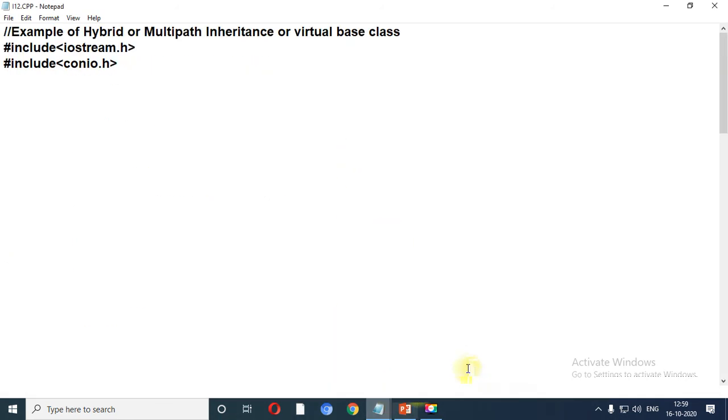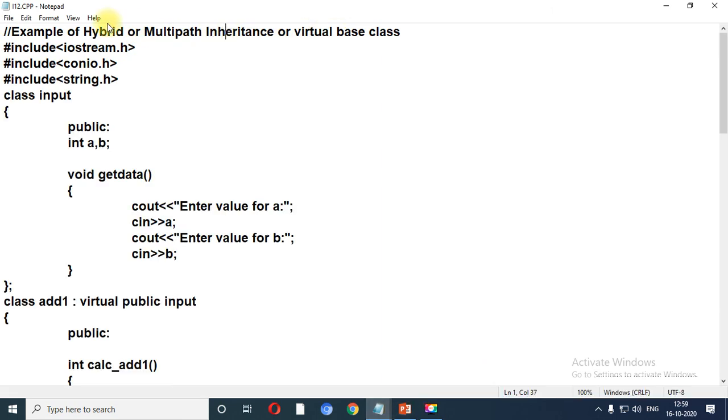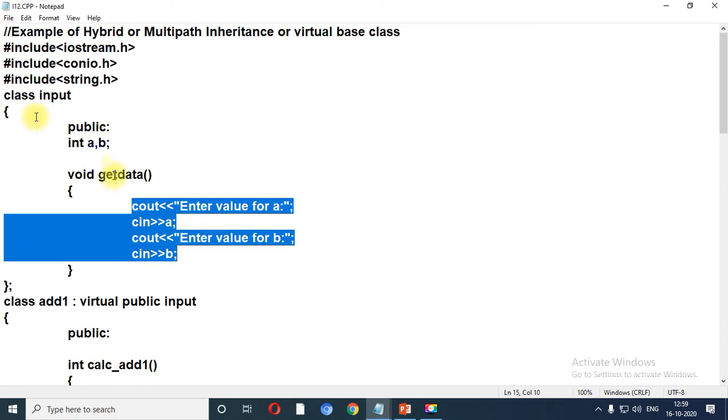And the last program represents virtual base class, multipath inheritance or hybrid inheritance. Write the program properly, otherwise you will not get proper output. Take the variable names properly.